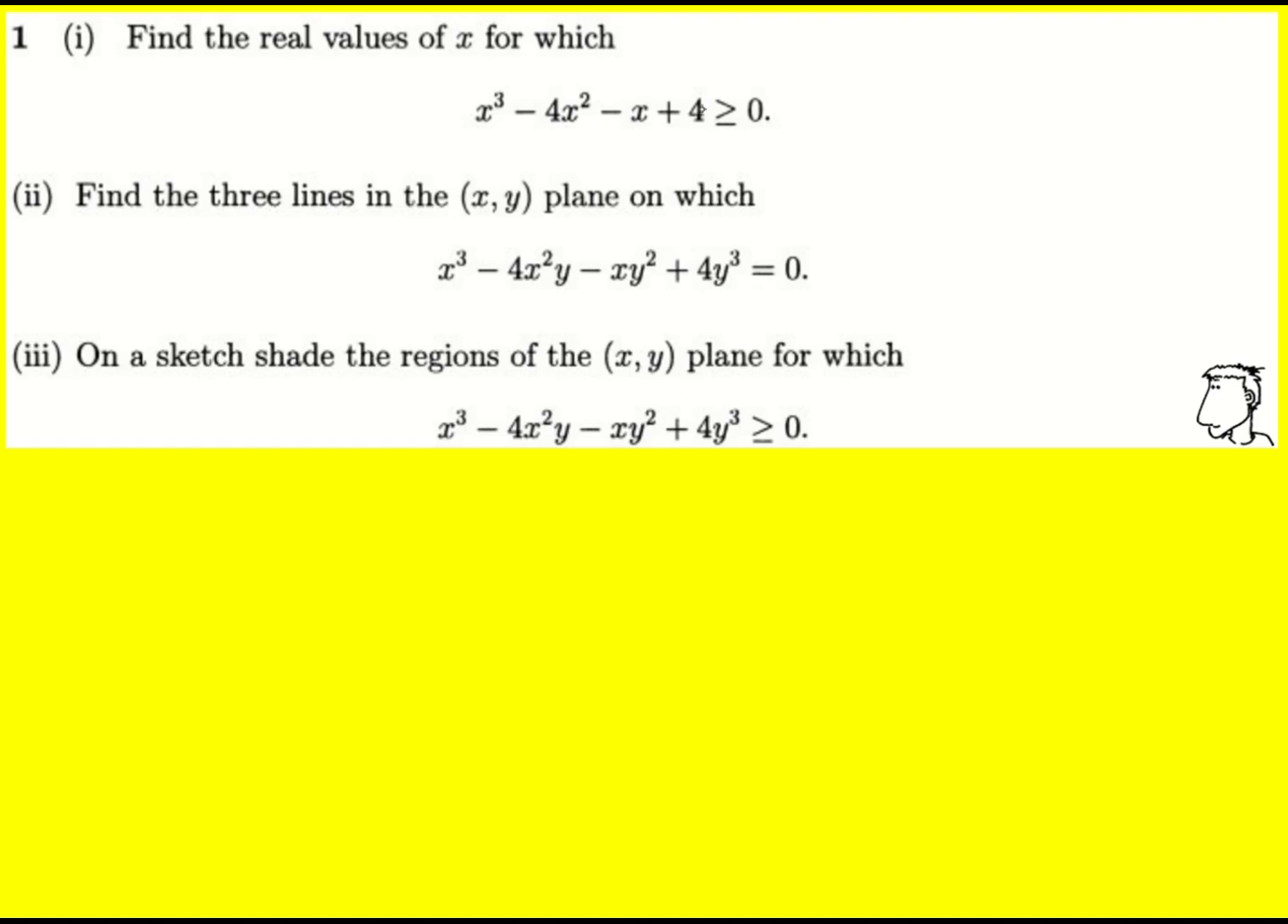First up, we've got a cubic to try and solve. Let's try and factorize it. So I can put in values of x and use the factor theorem to get the factors. Let's go with the simplest one. Say x is 1, then I'd have 1 minus 4 minus 1 plus 4, and that does equal 0. So x minus 1 is a factor